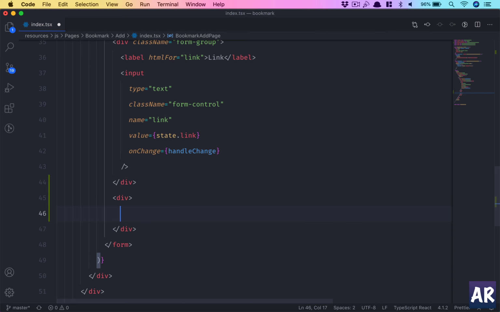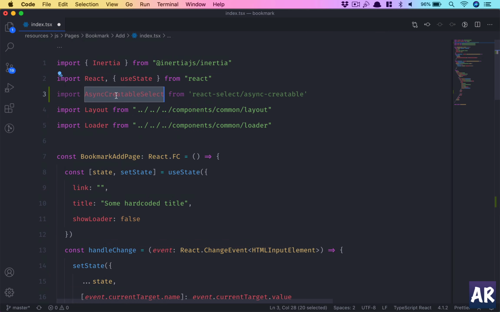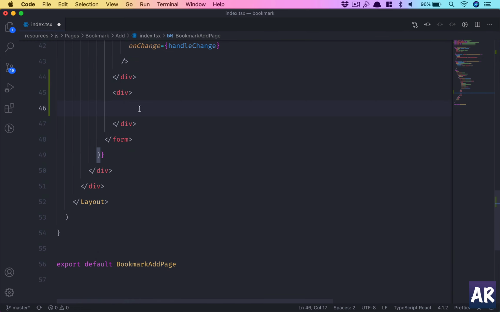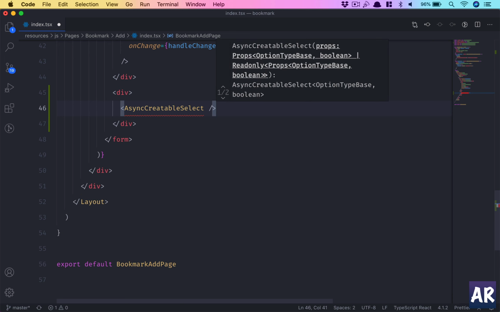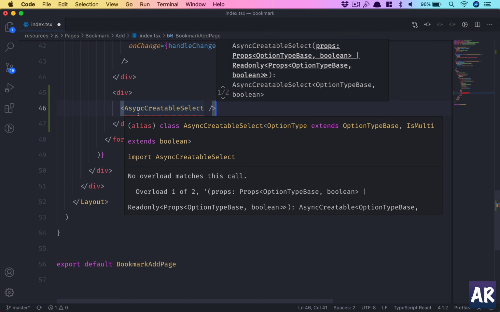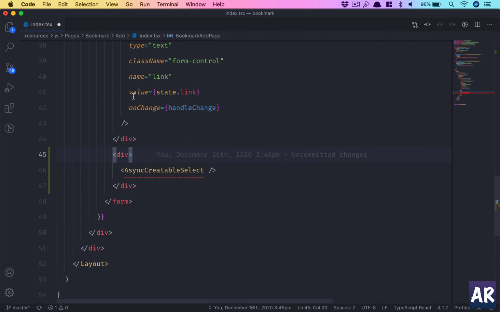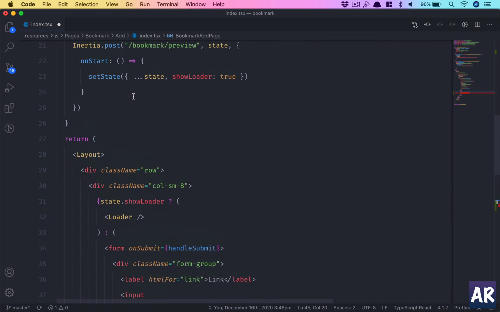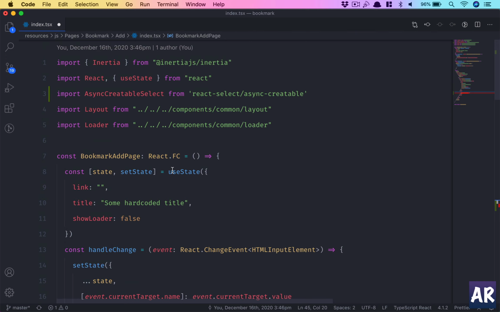Oops, sorry. I'll just copy this. And I have this component. Now, obviously, we need to get quite a few things before we can actually start working with it. So I'll give you all the details, but the first thing which we need to do is